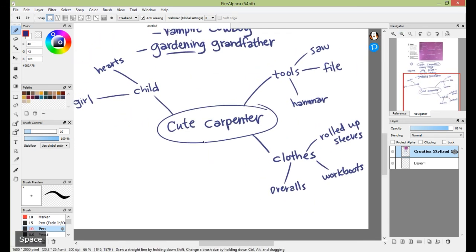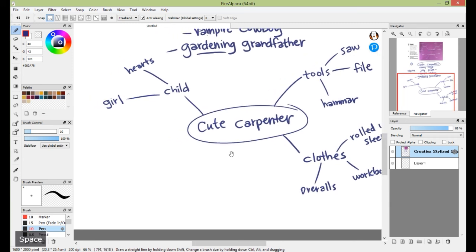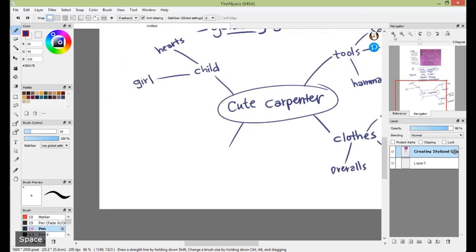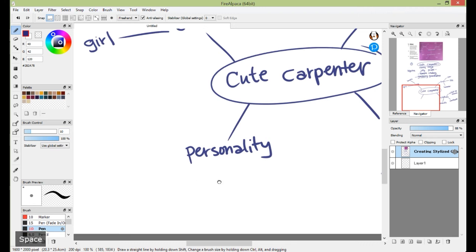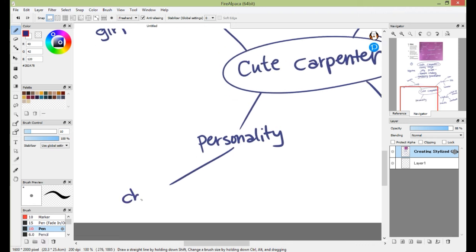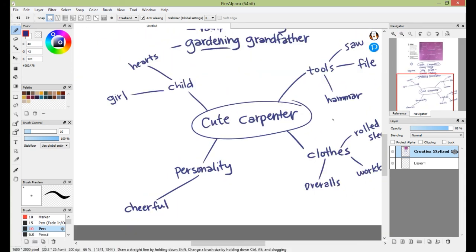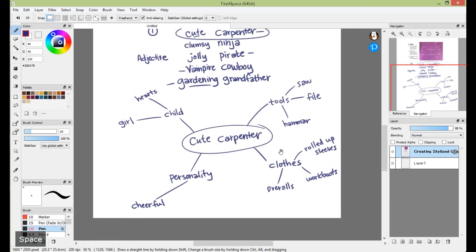Let's back out here. So we've got a cute carpenter who's going to be a little girl. She likes hearts. She's got her tools. She's got her clothes. But, you know, what's her personality like? Just because she's cute, does that mean she's going to be curiously cute, or is she going to be shy and cute? Is she going to be outgoing and cute? So part of her personality, I'm going to take a little bit of an easy way and just say that she's really cheerful. So we'll have a cute, cheerful little girl carpenter who likes hearts and maybe has some of these other ideas,